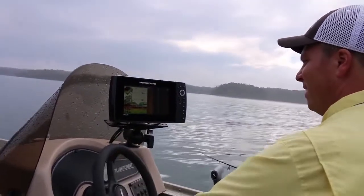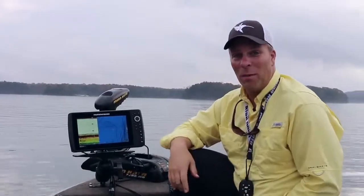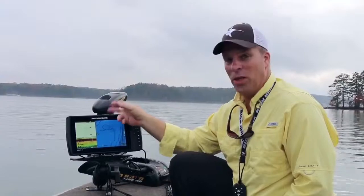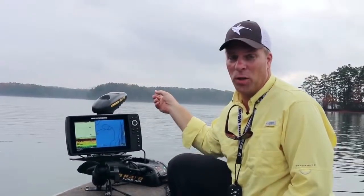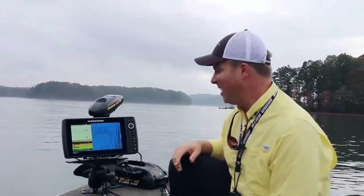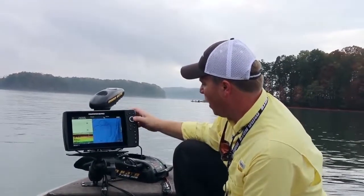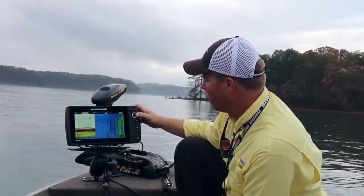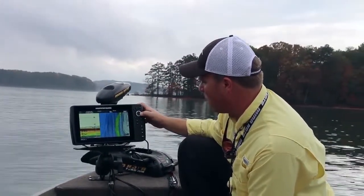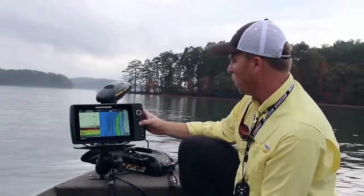That's awesome. One of the most incredible advances in technology is the iPilot Link system. It hooks your Humminbird unit up to your Minn Kota Terrova motor, and it basically acts like your personal chauffeur. Watch how easy this is to use. I'm going to go over here and pick a contour. We've seen a bunch of fish in about 30 feet, so I'm going to pick the 30-foot contour. I've cursored over to that and I'm going to